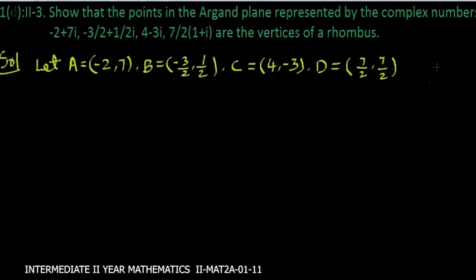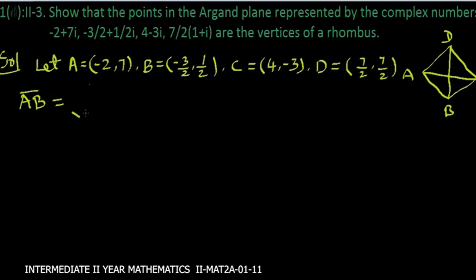We have to find the lengths of all the 4 sides AB, BC, CD, DA and the 2 diagonals AC, BD. Now let us find the distance between the 2 points A, B. By using the distance formula, we can find